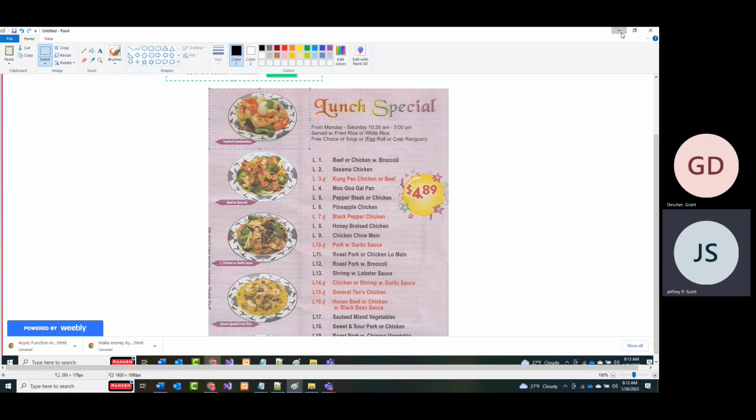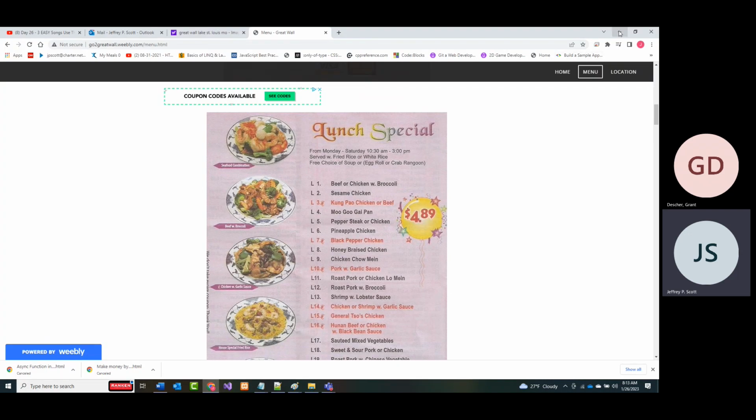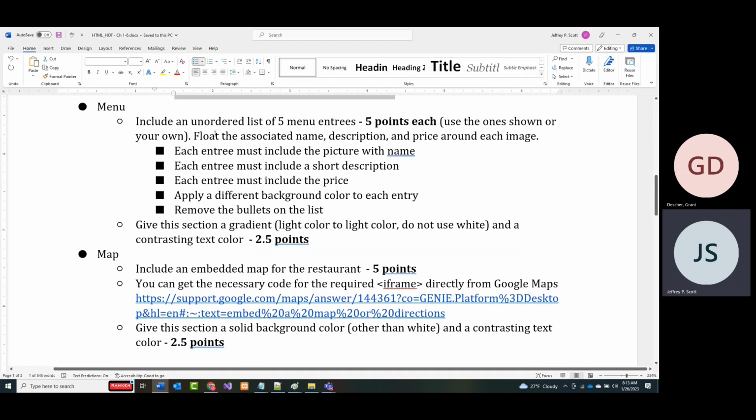You probably won't want to do it that way because what you're asked to do is some floating in here and around each of these images. All right, you are supposed to do some stuff, so to speak. Just do the best you can on this. Again, I wouldn't have written the test this way, but I'm trying.